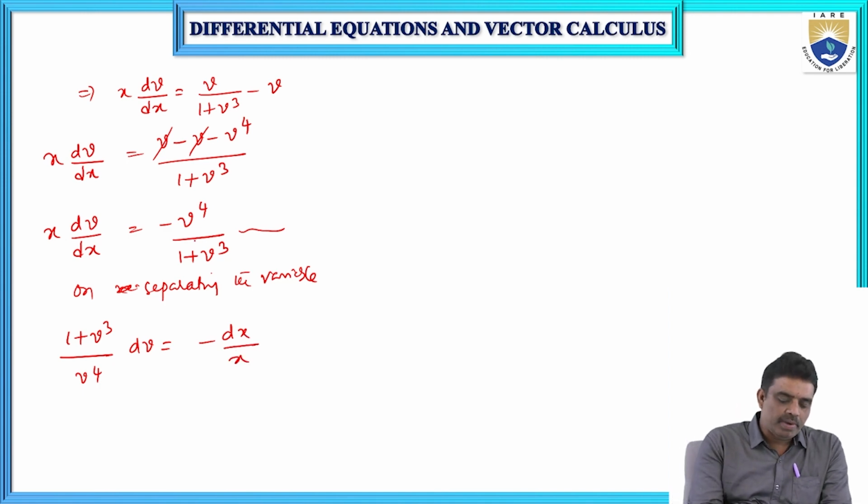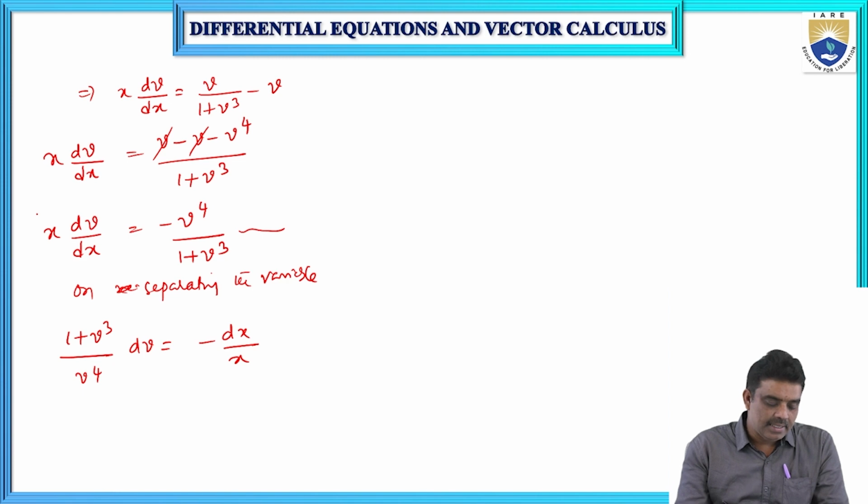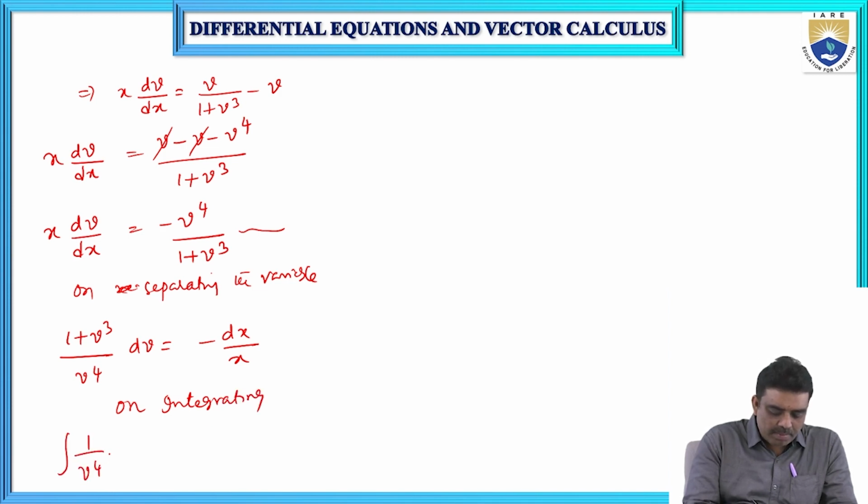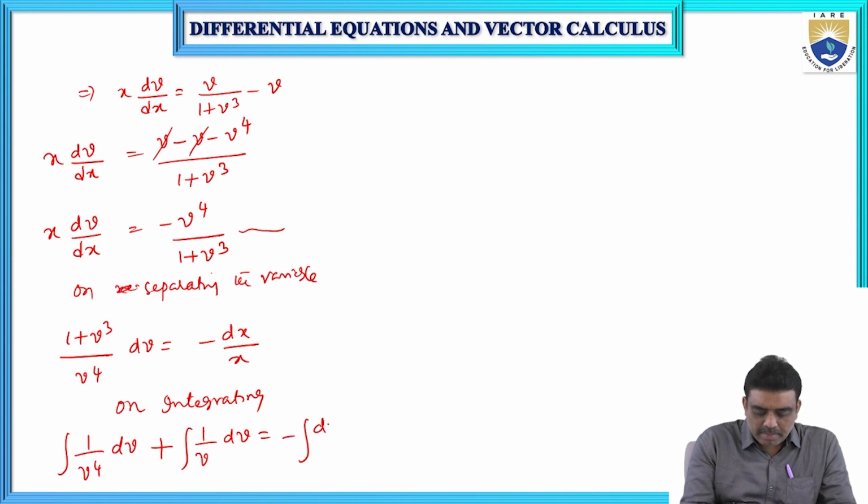So (1 + v³)/v⁴ dv = -dx/x, going this side. This is clearly v variables on the dv side and x variables on the dx side. On integrating both sides, the integral of the first term is 1/v⁴ dv, the second one v³/v⁴, that is 1/v dv, and it is the integral of -dx